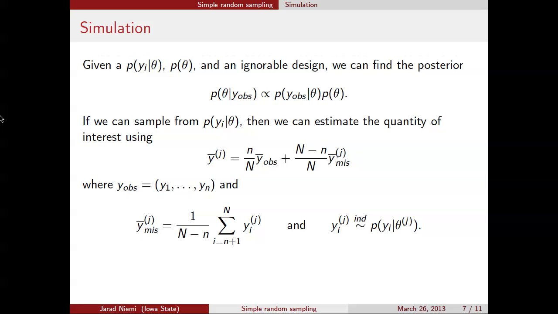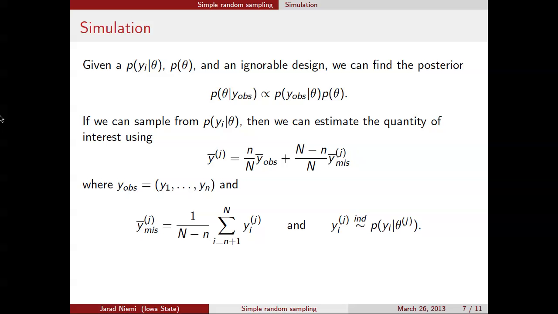So do we simulate a value from that and then do it for each value of the y_i? Right, so for instance, let's assume that theta here is a mean and a variance for a normal distribution. And so we assume that our data conditional on the mean and variance are independent. Now we're going to sample all of the missing data from a normal distribution with mean whatever we had in that iteration in the MCMC.